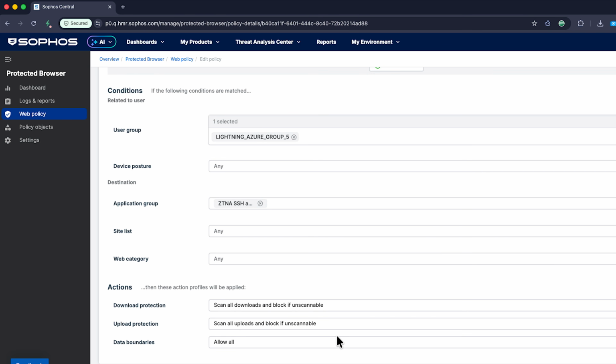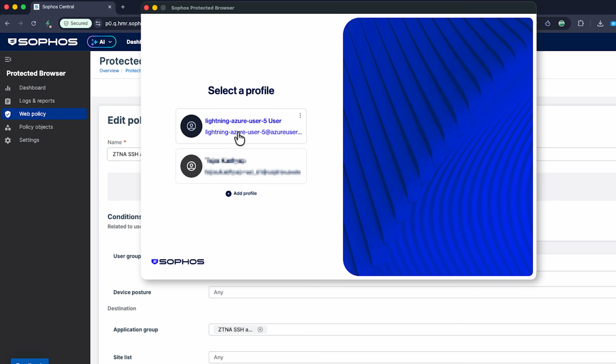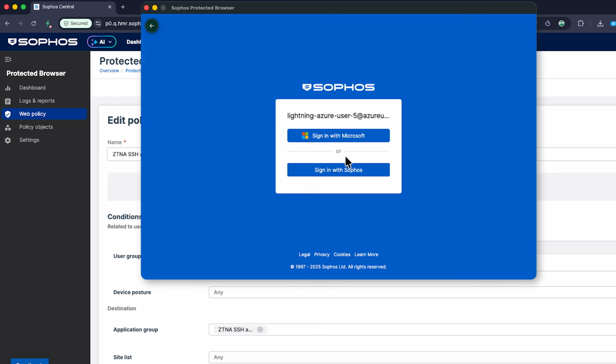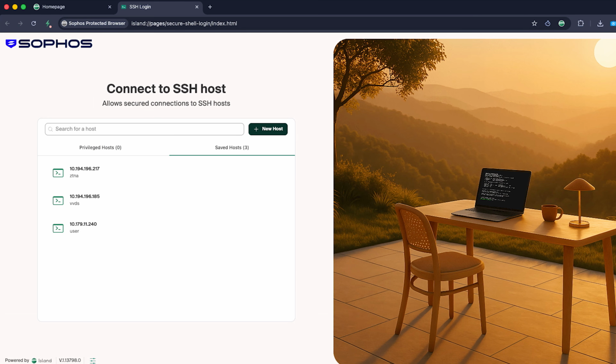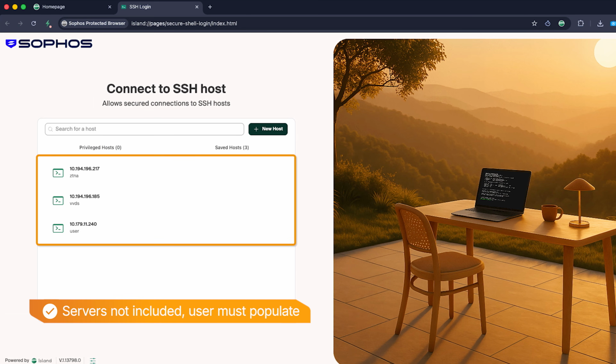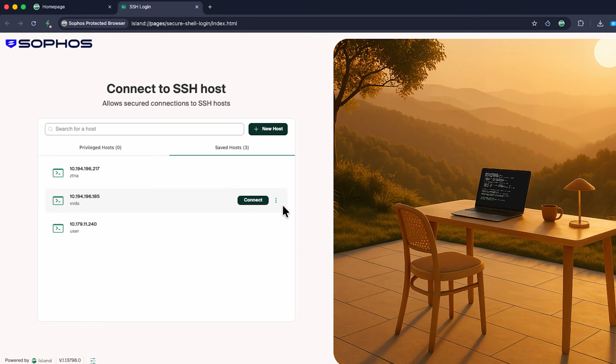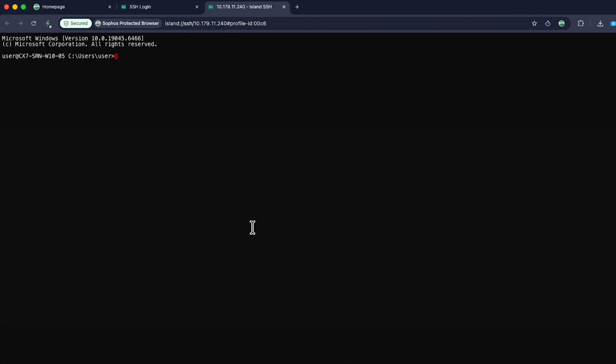Now I'll demonstrate what can be seen with these configured policies. I'll sign in to the Sophos protected browser and access the SSH RDP servers. Note, these servers are not included in the protected browser by default and will need to be populated by the user. I'll start with the SSH server.